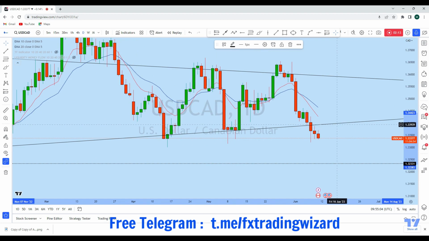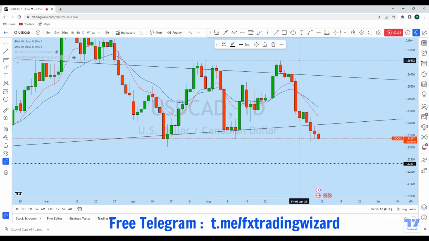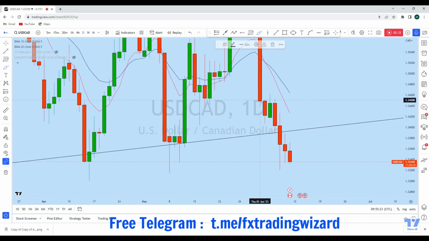Now, from the daily, we see the dollar CAD has formed a typical bearish market structure. Starting with this daily pin bar, this is a very strong rejection, and we saw a massive drop followed by a green candle, which is in fact a narrower candle that has crossed this daily's high. That's a strong liquidity grab,